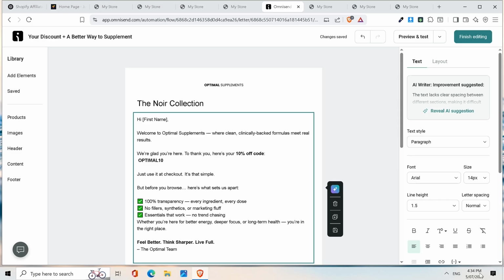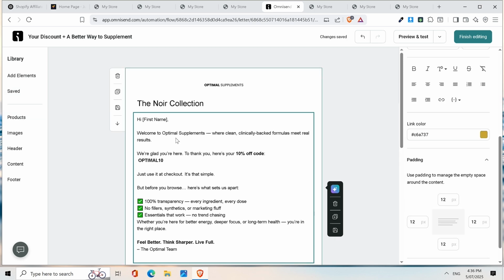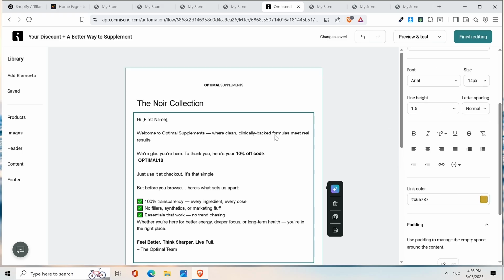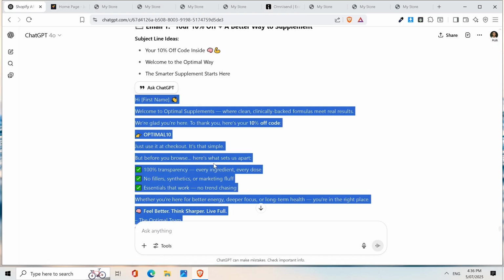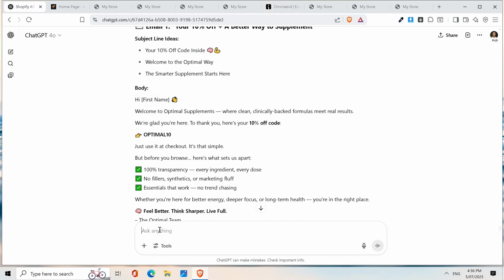Okay, so then we just want to put in here the first name thing. Awesome. So we can actually fix this up even more, because that first name isn't going to be set up for working for Omnisend. So we can quickly go back here and we could actually say, can you adjust these